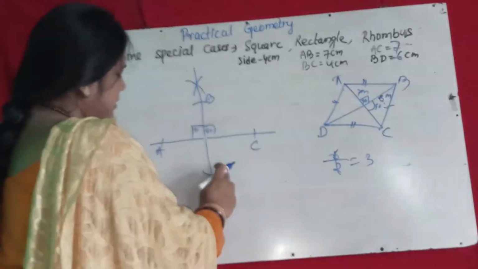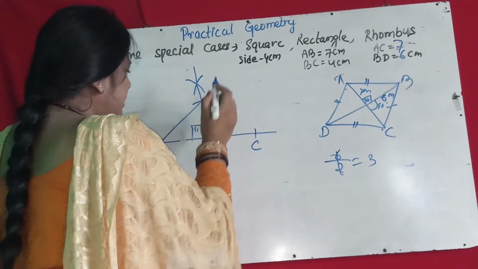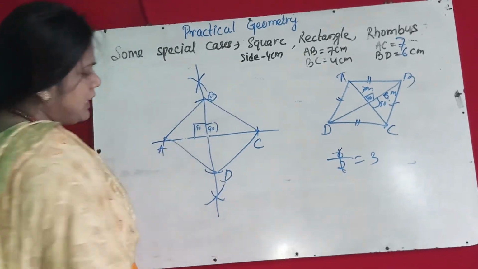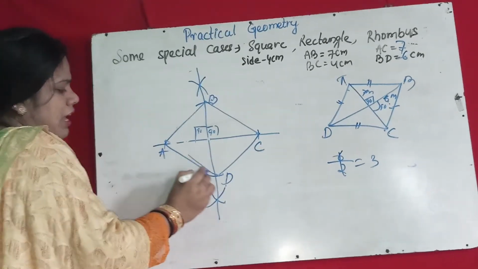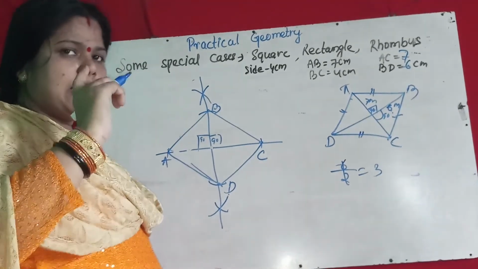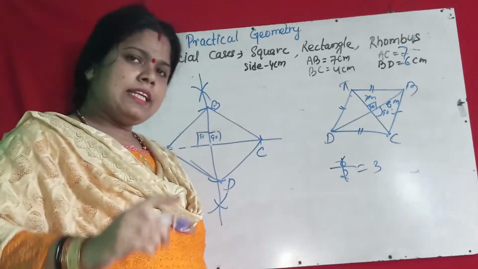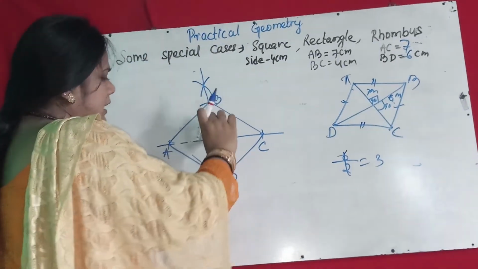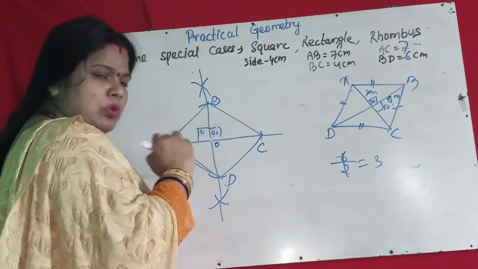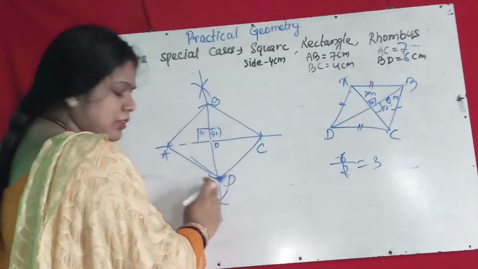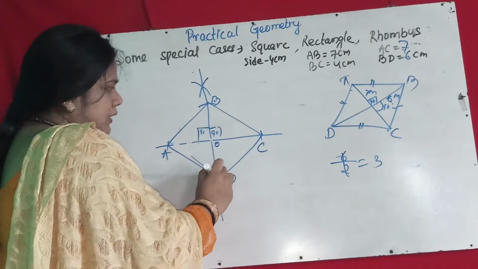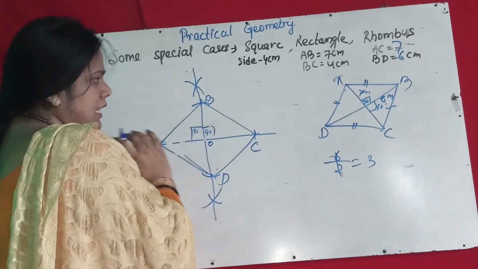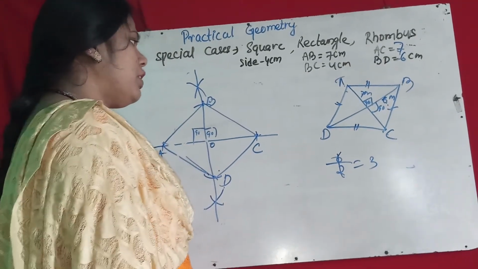It is 6 cm. Then you join A to B, B to C, C to D, D to A. Then you will get the required rhombus. So you have to take the first diagonal, then bisect it. Then the other diagonal's half distance you take, and draw an arc from point O, above or below also. Then you get 2 points B and D. Join A to B, B to C, C to D, D to A. Then you get the required rhombus.